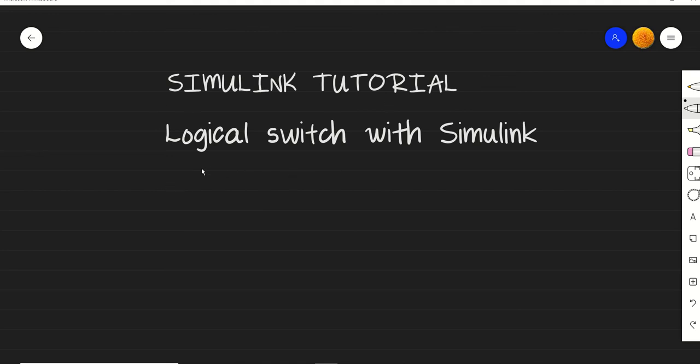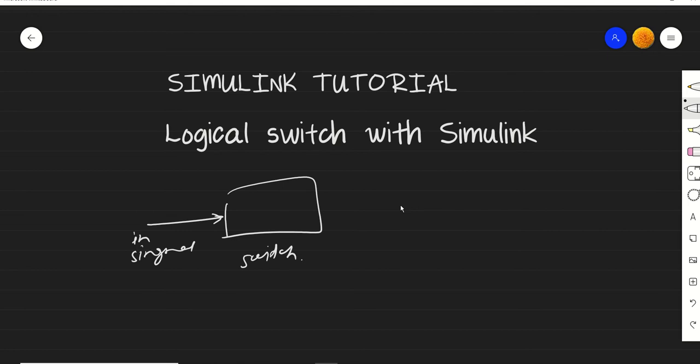So what we'll see in this is the logical switch in Simulink. Basically, what we'll be trying to understand is we have some input signal going to a switch block, and based on threshold decisions, we will be taking the output.